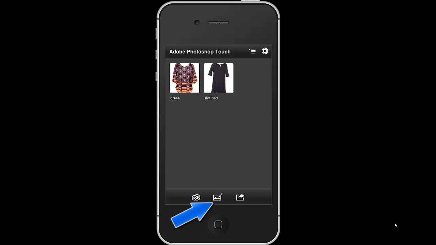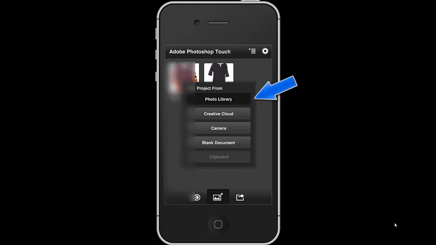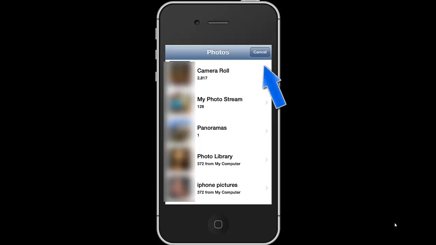If you look in the center on the bottom, that's where you can bring in photos, right above the home button, the center icon. And as I tap on that, it brings up Photo Library. So I'm going to tap on the Photo Library. You can sign up for the Creative Cloud for free, and I think they give you 5 gigabytes of space on that, so you can sync with Adobe's Creative Cloud. So let's go ahead and go to Photo Library, and I'm going to go to the camera roll, bring in a couple items,